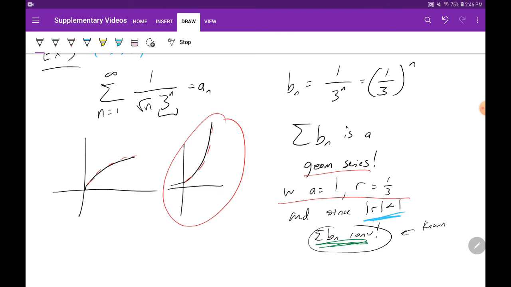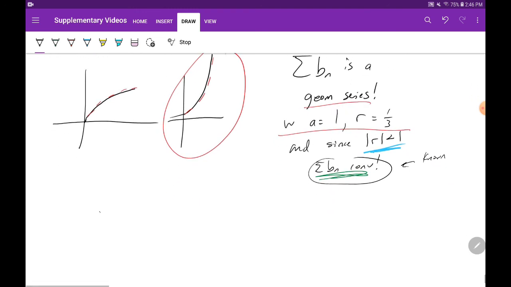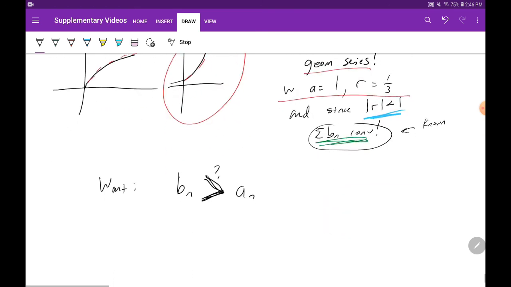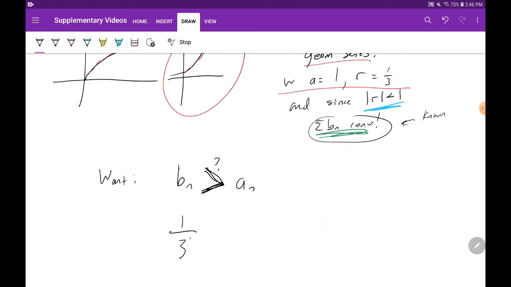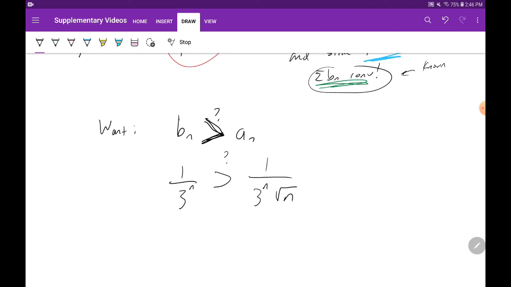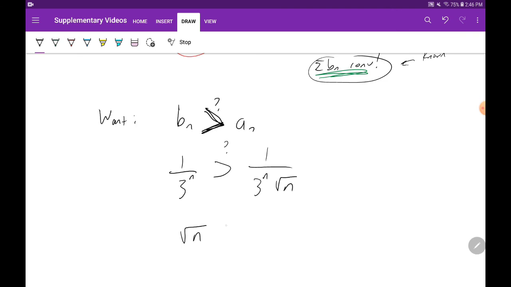So when we run DCT, what do we want? We want b sub n to be greater than a sub n in this case. Because if that happens, since b sub n converges, a sub n will also converge. So here we go. Let's see this. Is 1 over 3 to the n greater than 1 over 3 to the n root n? Well, let's multiply some stuff over. If I multiply both sides by 3 to the n, they're going to just cancel out. And then if I multiply both sides by root n, I get: is root n greater than 1